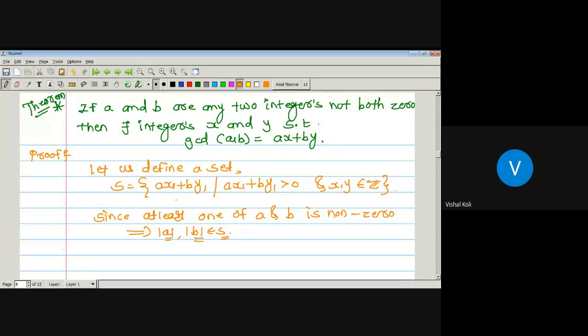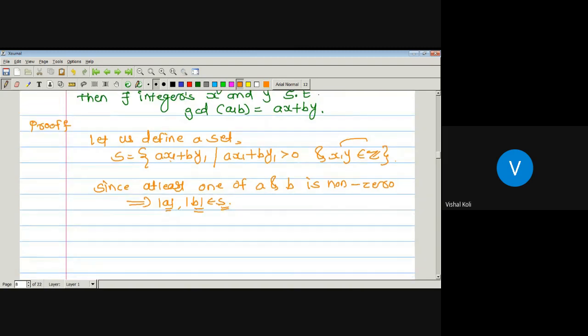For that case, if we have to show that modulus of A belongs to S, then we have to take the value of x1 as plus or minus 1 and y1 as 0, as we already know that x and y belong to Z, and here we have supposed that A and B are two non-zero integers, so modulus of A must belong to S. If suppose we have to prove that modulus of B belongs to S, then we have to keep the value of x1 as 0 and y1 as plus or minus 1, then modulus of B again belongs to S. If suppose B is equal to 0, then take the value of x1 as 1, then modulus of A again belongs to S, since modulus of A is non-zero, so modulus of A must be greater than 0, and by this that element must belong to S.